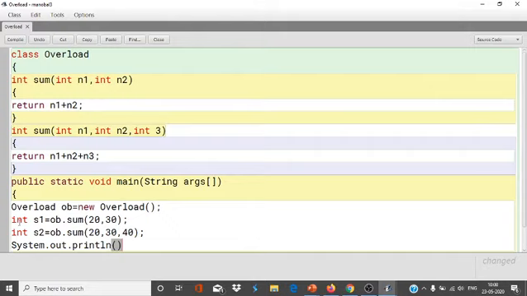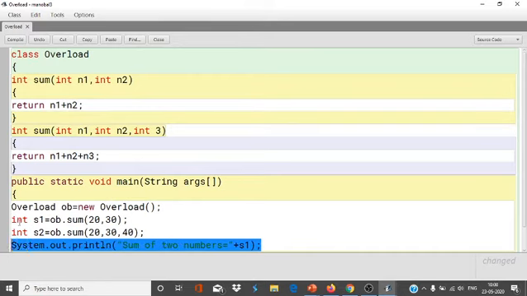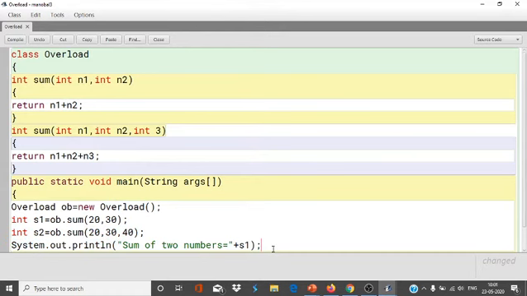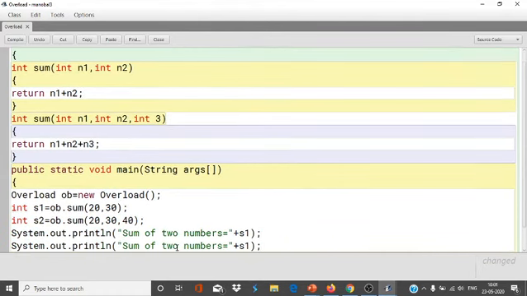Now we can print the values s1 and s2. Println: sum of two numbers equals, plus s1. I will copy this and print here sum of three numbers equals s2.